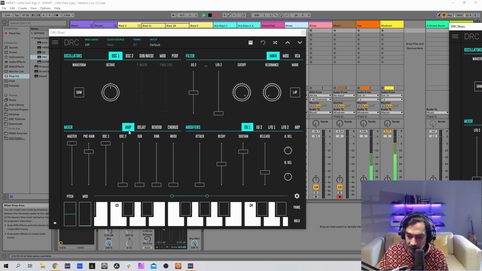No, first let's go here to the master section and master at 689. 681. Pre-gain at 669. Oscillator 1 and oscillator 2 at maximum, and sub-oscillator at 882.